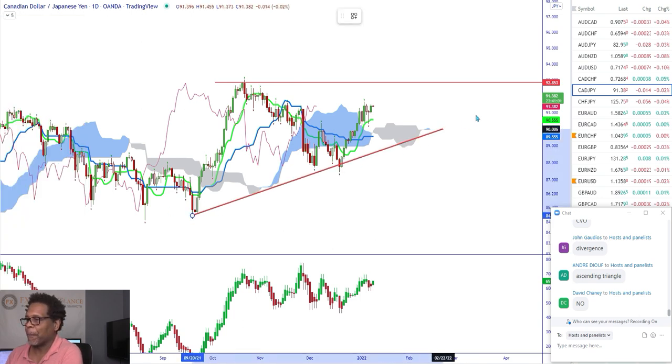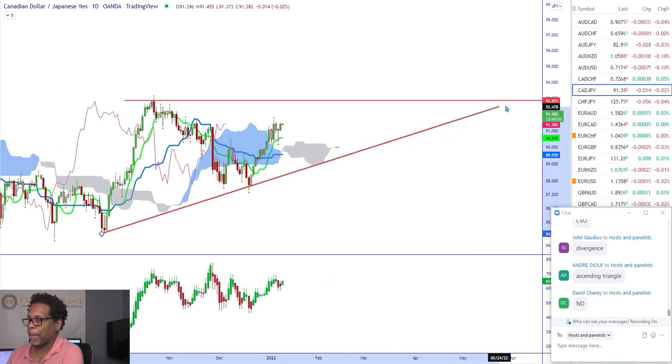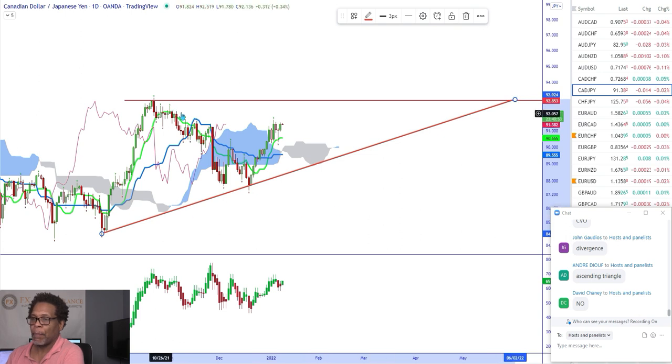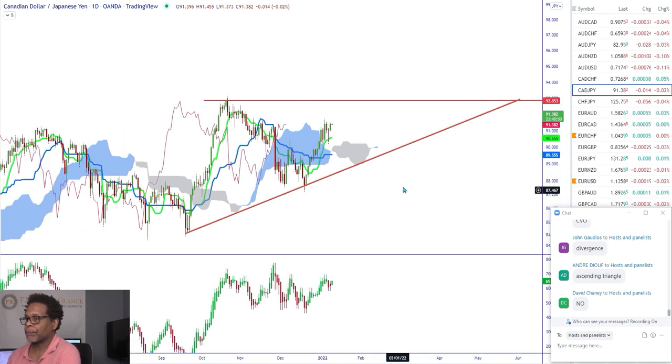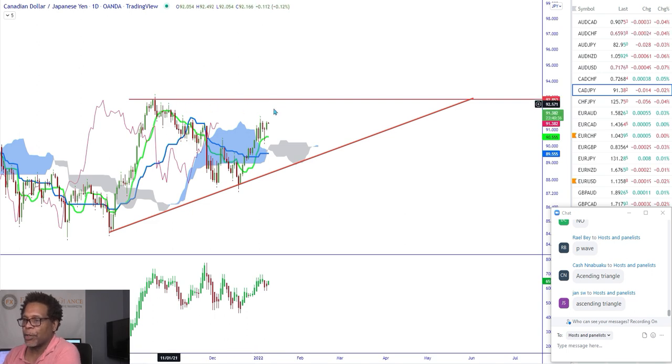What we could be seeing is maybe this. What is that? Ascending triangle pattern. That's what we could be seeing, right? So we could be seeing the market push up to this level. So this could be resistance for us. And if we get to that level, we might see the drop. If Kijun-sen and Tenkan-sen, if this cloud remains flat like that and we push up to that level, then we probably see the drop. Then start paying attention to these levels. And then maybe the breakout.